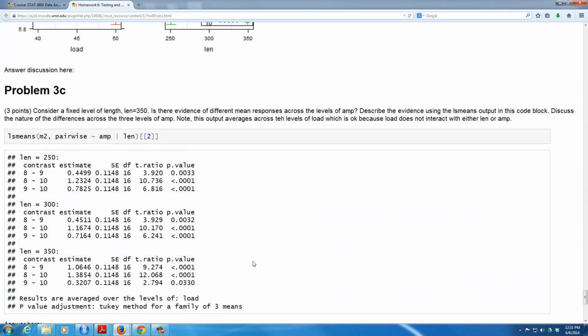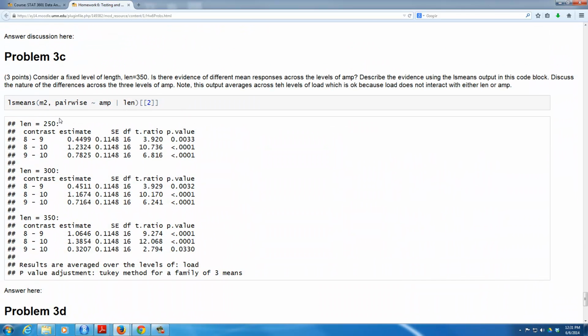Problem 3C asks you to appropriately use the ls means function. And so I've given you an ls means command for model M2, and what this command does is it compares the amplitude levels at a fixed level of length, and the level of length I want you to use in your analysis is the 350 level, and that's going to be this part of the output right here where length 350,